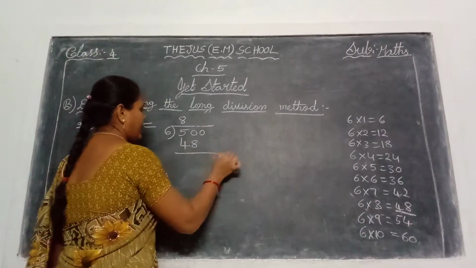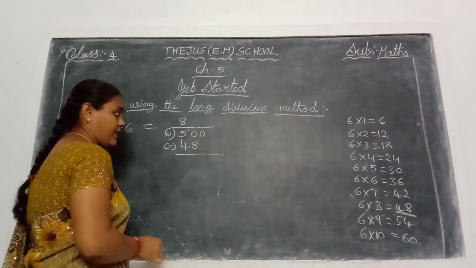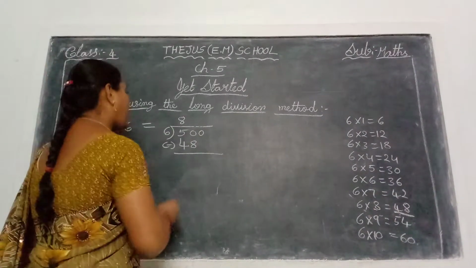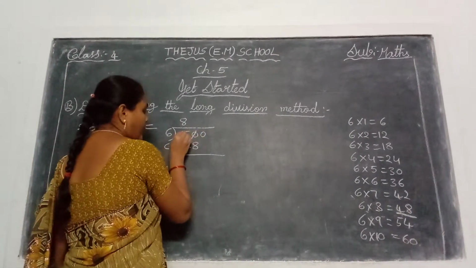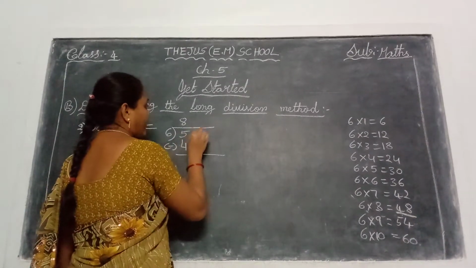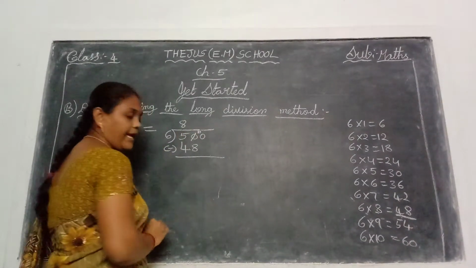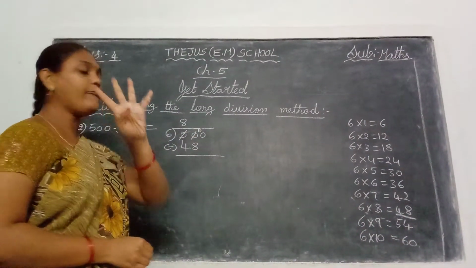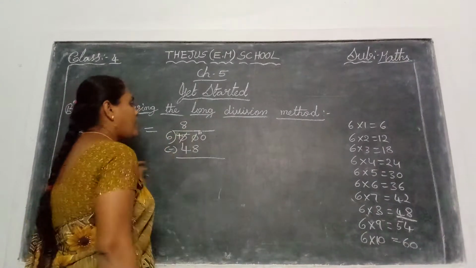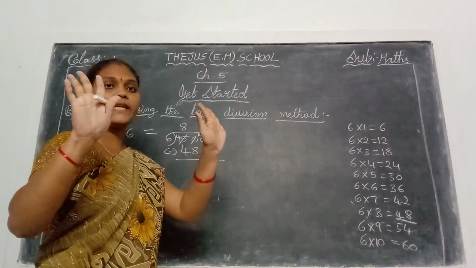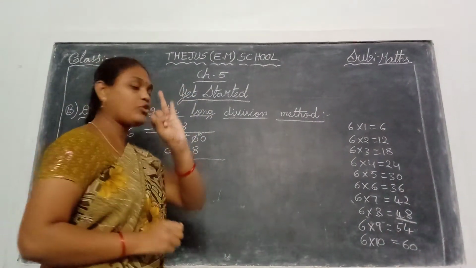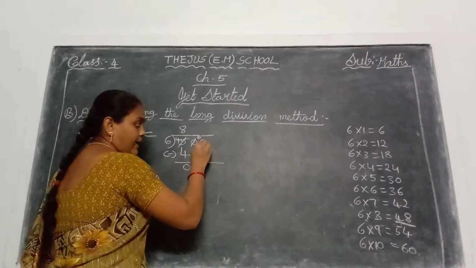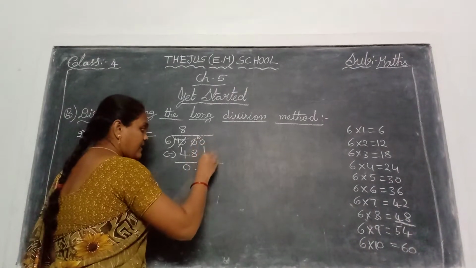Okay children? Next, do the subtraction. Now 0 minus 8, is it possible, children? No, not possible. So this 0 takes a borrowing from 5. One number, that 1 means 10. 10 plus 0 is 10. 5 already gave one number in borrowing, so remaining 4. Now take 10 fingers, close 8 fingers. Remaining 2. So 4 minus 4, 0. And the 0 is accepted. You write this 0 here.